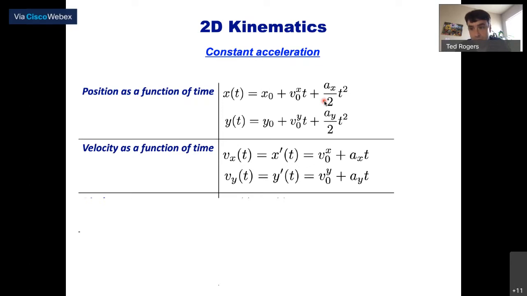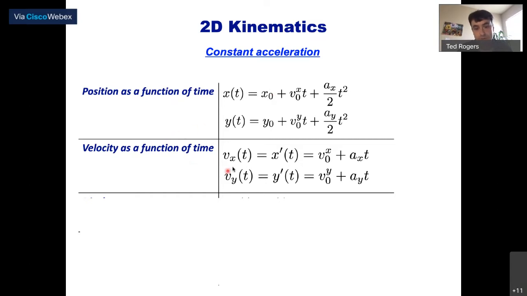You can also keep track of the velocity of these particles as a function of time. If you know calculus, and don't worry if you don't, it's just obtained by taking the derivatives of these first equations here.